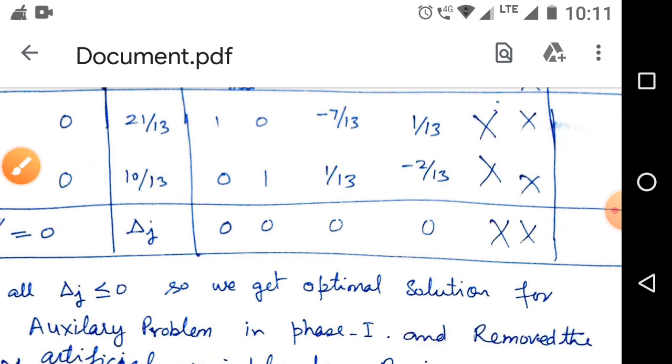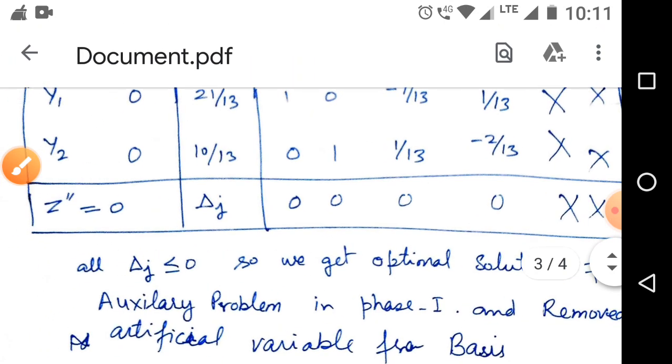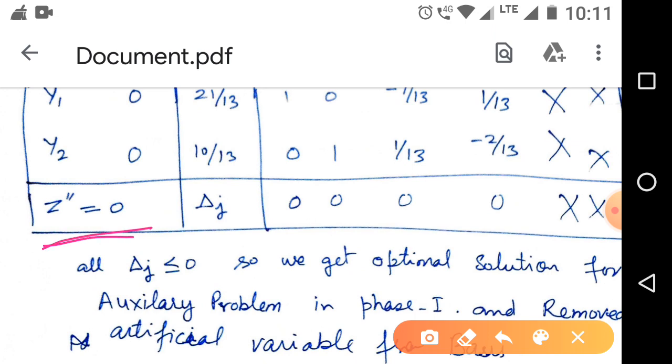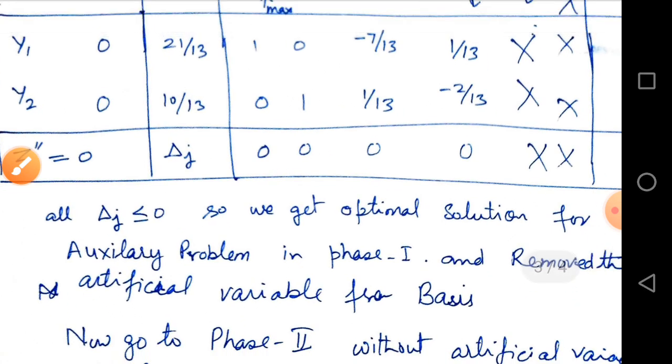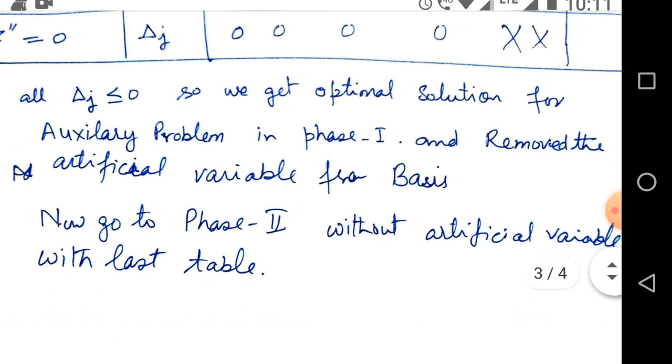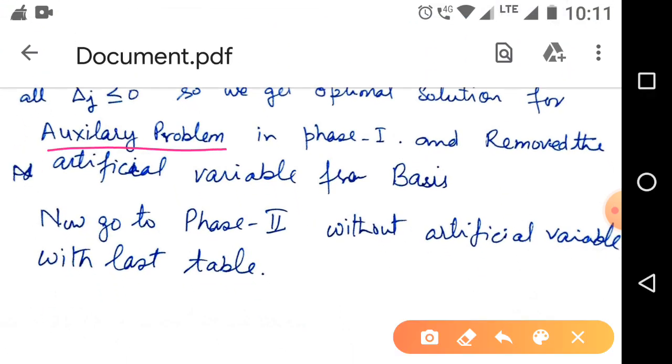Now test the optimal condition. We get z' equal to 0 and all delta j less than or equal to 0. So we get the optimal solution for this auxiliary problem, and all the artificial variables are removed from the basis.